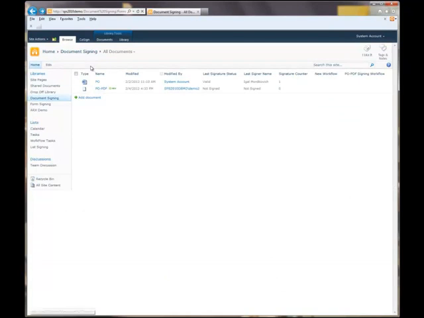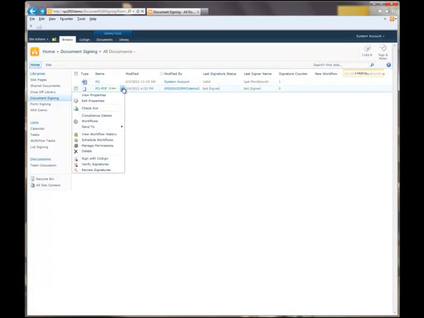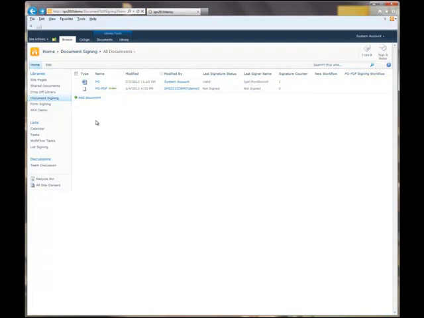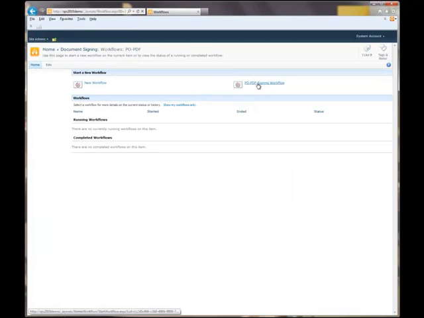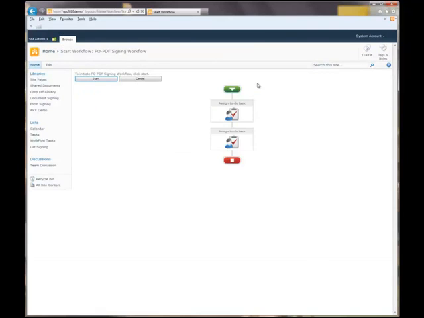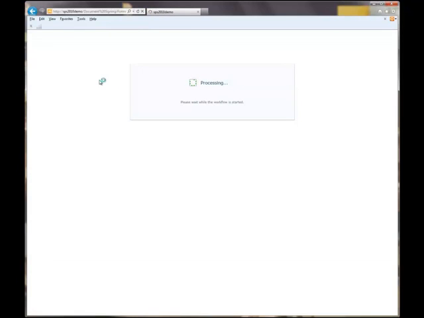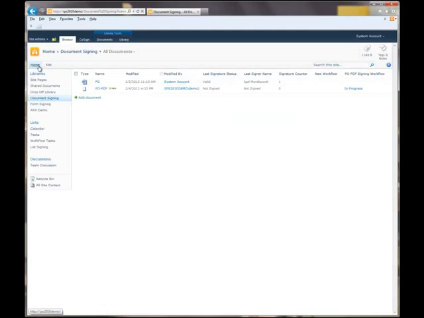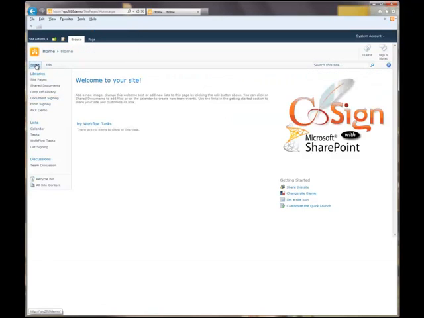In order to demonstrate the user experience, we'll run a workflow that requires signatures from two different people on this PO PDF document, and we call this workflow PO PDF signing workflow. This workflow is very simple and it actually requires two different users. The first user is demo1 and the second user is demo2, to sign on this document. The demo1 user is the purchasing manager in our case, and the second user, demo2, is the VP sales for